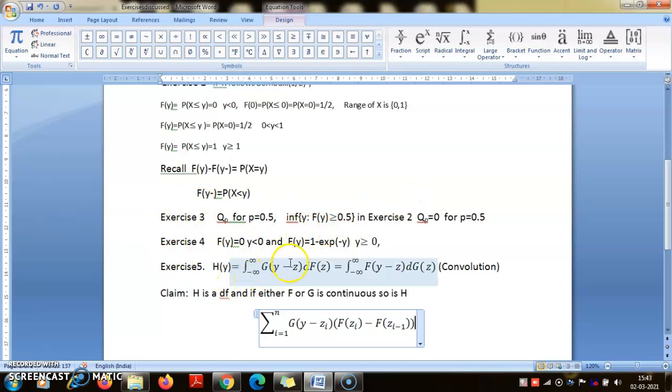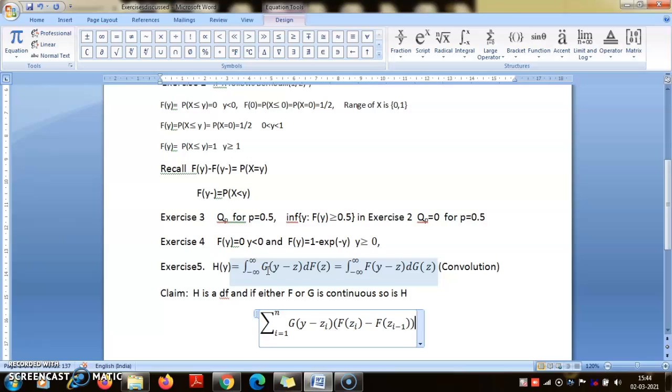So what we need to prove is that this is non-negative valued, first of all. Since f is monotonically non-decreasing, these terms will be non-negative and g is non-negative. So this is a non-negative valued function. Why? Because g is a distribution function, and f is a distribution function, both are non-negative and monotonically non-decreasing. So in this case h is monotonically non-decreasing, and you can verify that